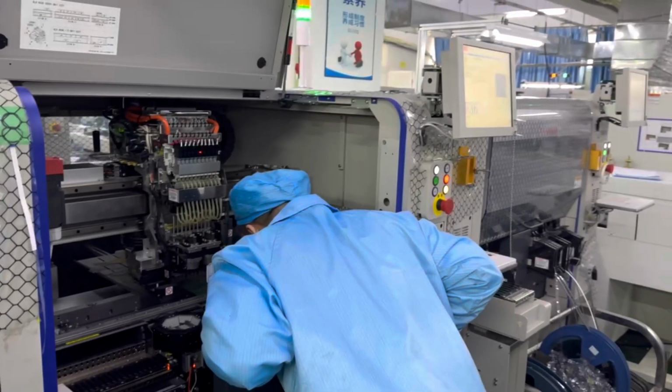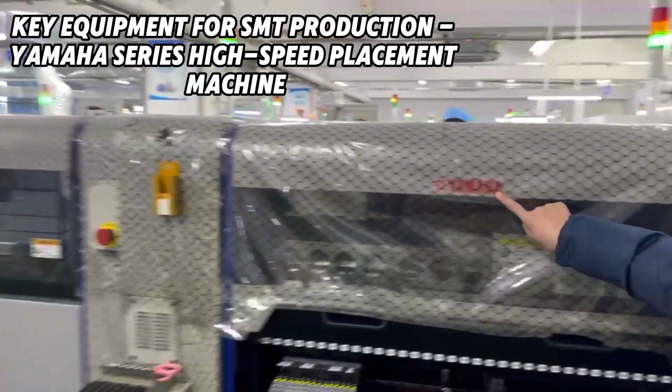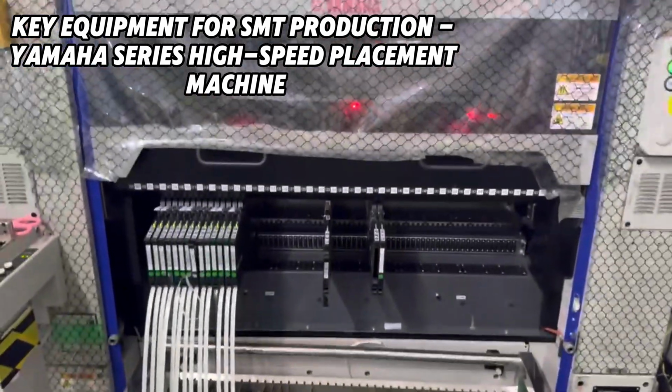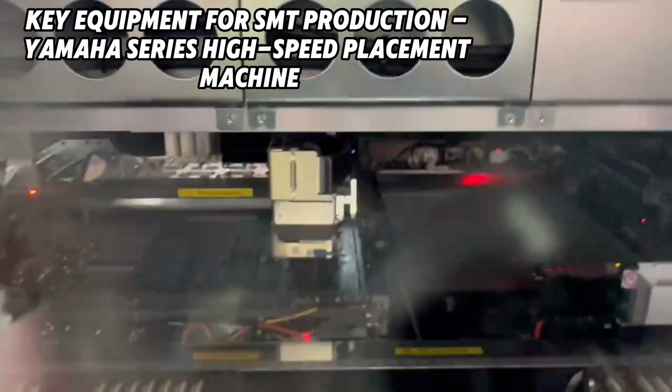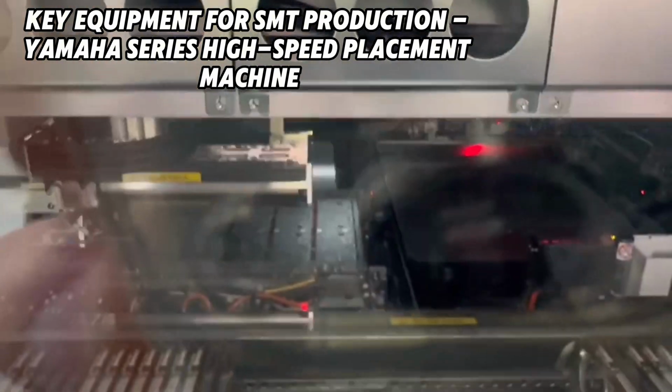In SMT production, there is a critical piece of equipment. Look, YAMAHA series high-speed SMT placement machine. This is a fully automatic placement machine in our Hong Kong factory. The YAMAHA placement machine is quality assured, plays a decisive role in production, and has a long-standing reputation in the